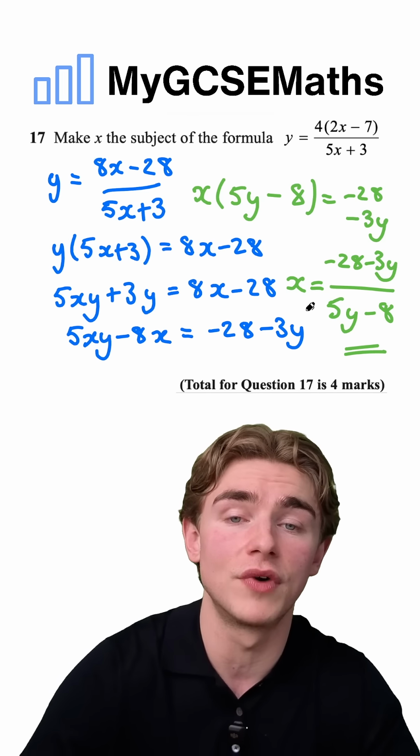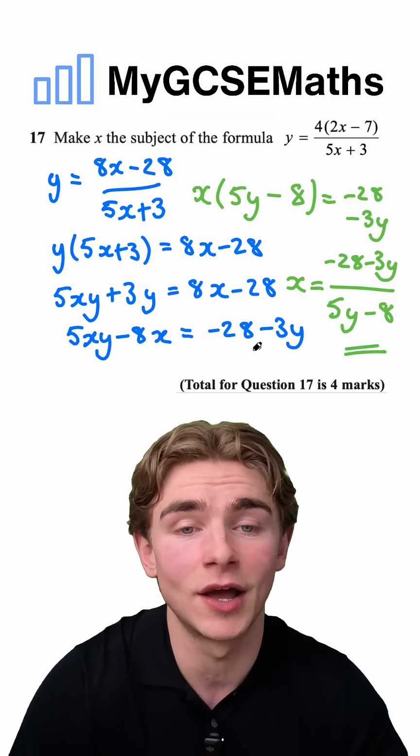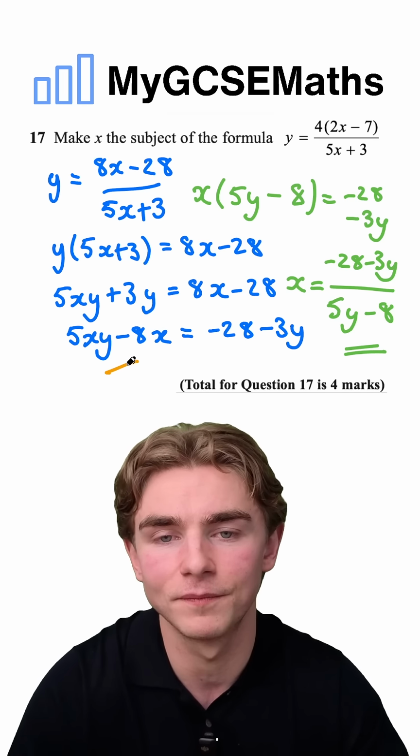What we did was we rearranged all of it until we had the x's on one side, everything else on the other side. Then, crucially, we factored out that x and then divided